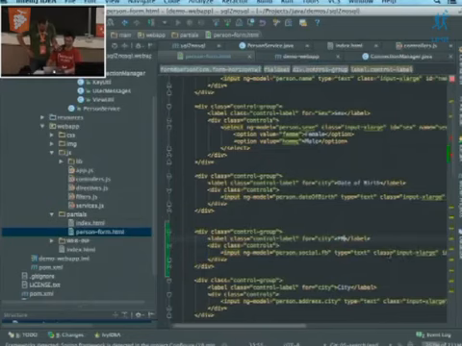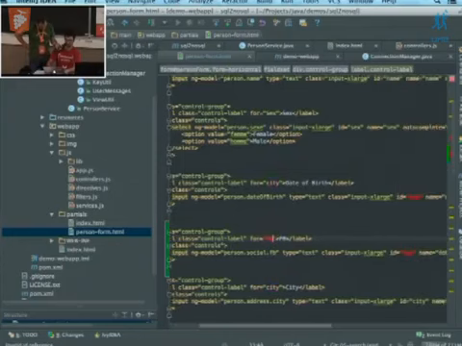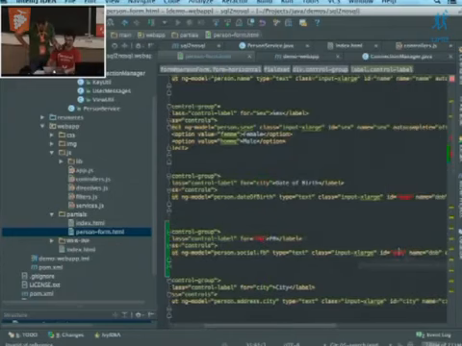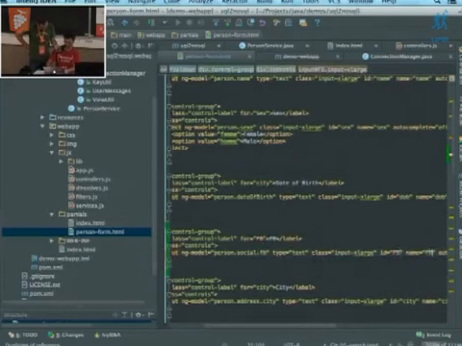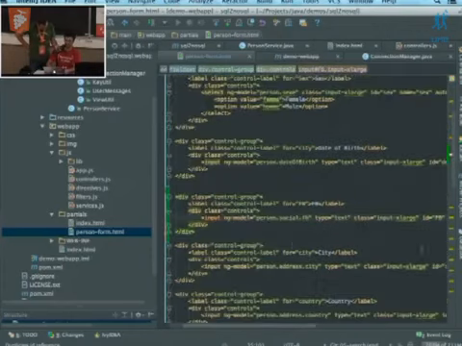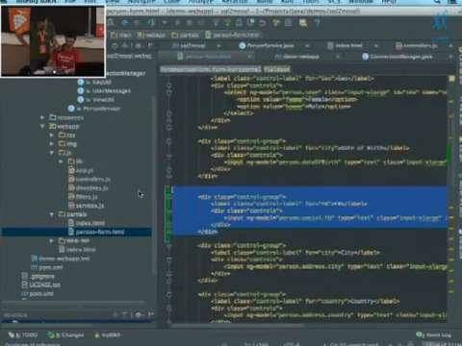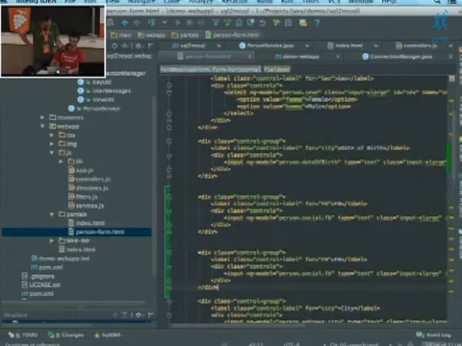Title. Choose the title. ID: FB. Okay, so here we have a new field, and you see I use person.social.facebook, and I can do the same with Twitter, just to add different attributes.